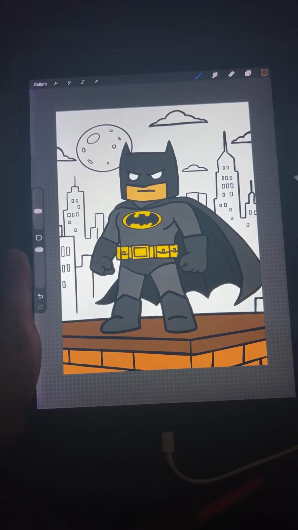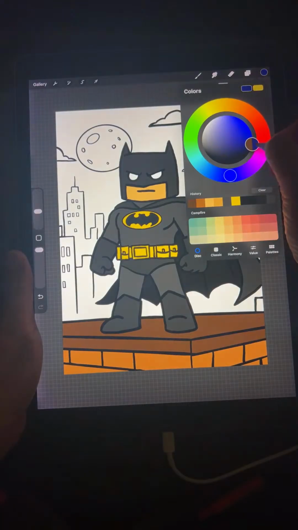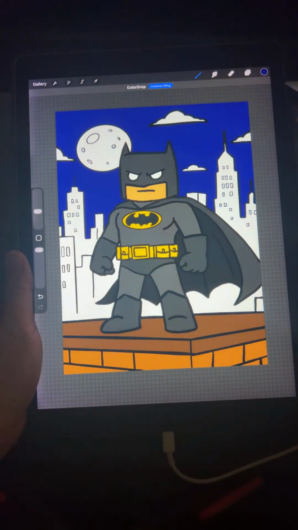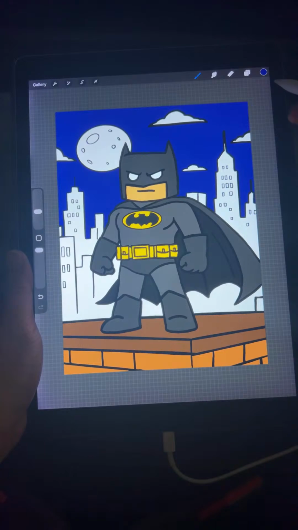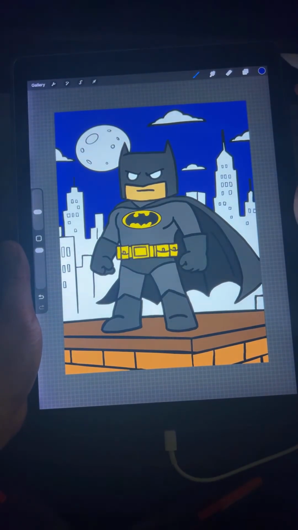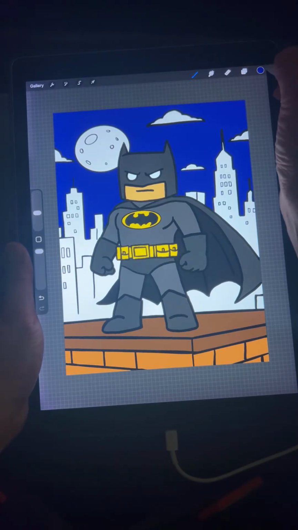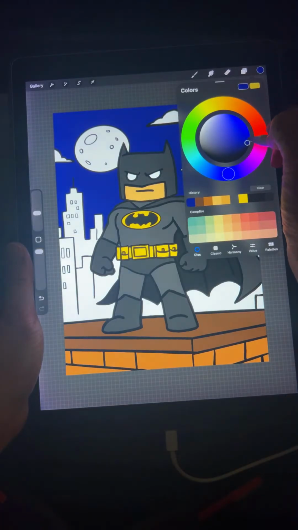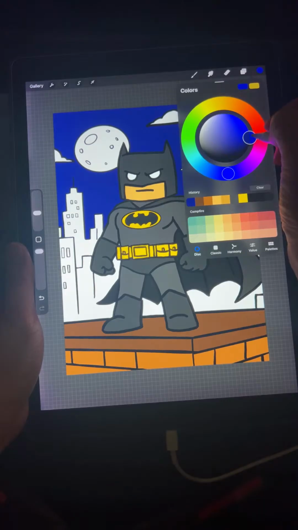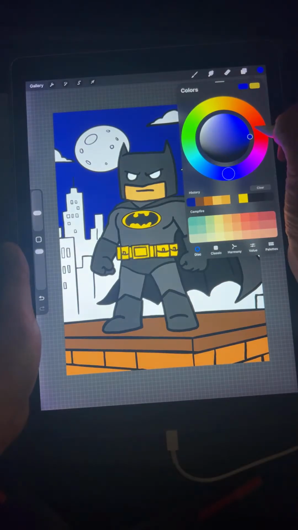In Gotham City, probably bluish, dark bluish, and yeah, dark bluish, and for the buildings, maybe a little bit light blue. Because maybe it's a dark city, so